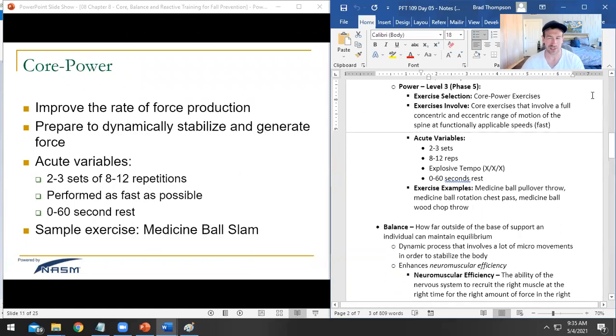I think you guys are probably seeing the pattern by now, right? Like, we're talking about core training. We've got stabilization, strength, and power, core stabilization, core strength, core power, right? So our exercise selection, our core power exercises. And the idea here is that these are core exercises that involve a full concentric eccentric range of motion of